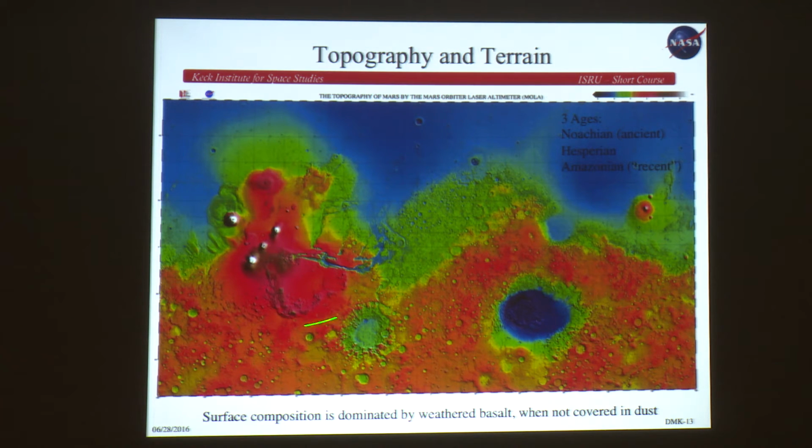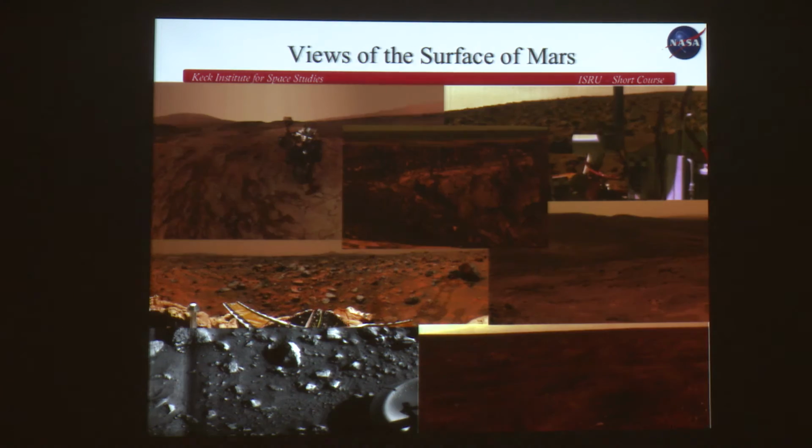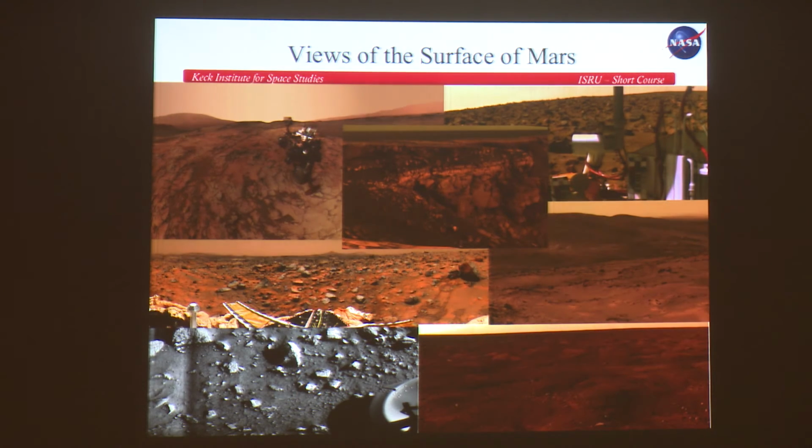We have the volcanic provinces here, which is the Tharsis Bulge. This is a huge volcanic complex on it. Looking at the surface, here are from rovers various views of the surface of Mars. And you can see that we've seen a broad variety of terrains as we've looked at Mars. We have these rocky terrains that were typical of Pathfinder, Viking landers.